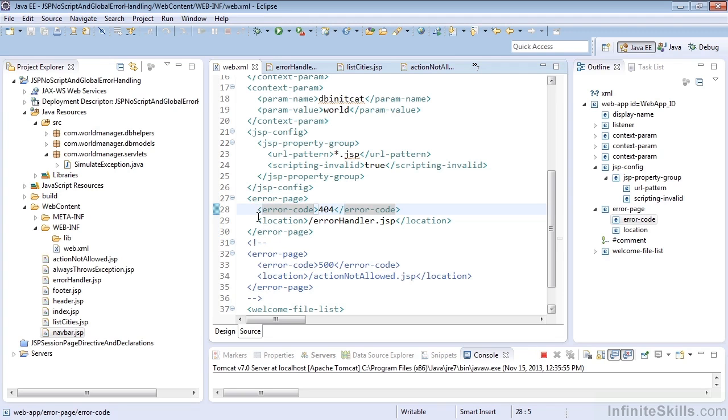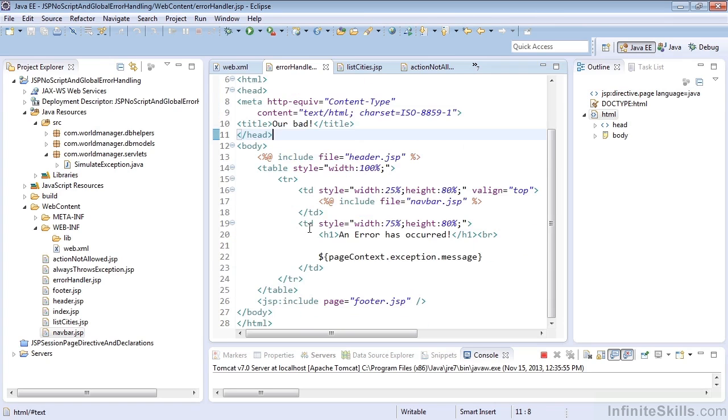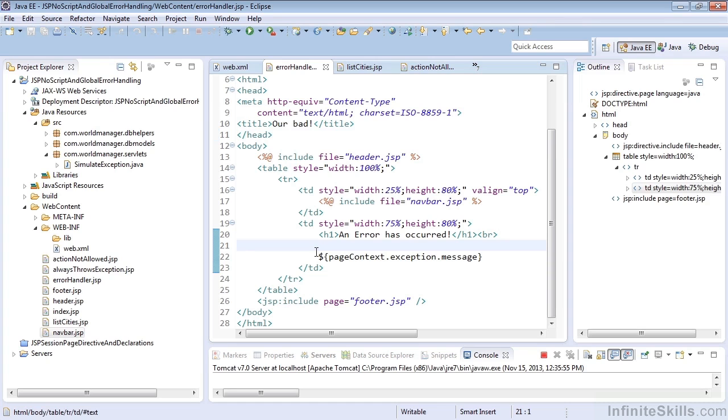So here we're handling error code 404, which is page not found, and we're redirecting to errorhandler.jsp. If we look at error handler, we're going to keep the isErrorPage true, and then we're going to have to remove the scripting that we were doing before. So what I've done is use an expression language statement to print out the exception message. We don't know about expression languages yet, and we won't learn about those until the next section. But this is just a good look at it, and you can trust that this will actually print out the